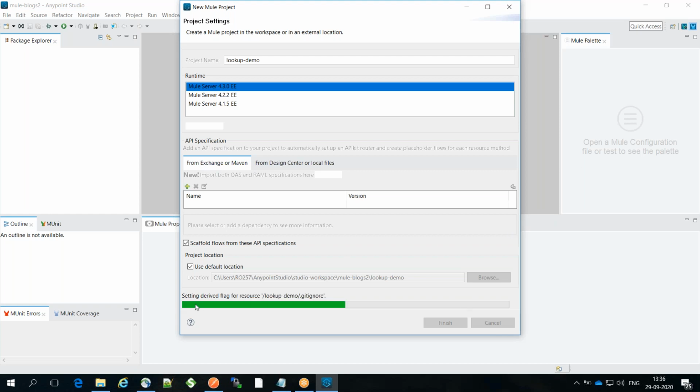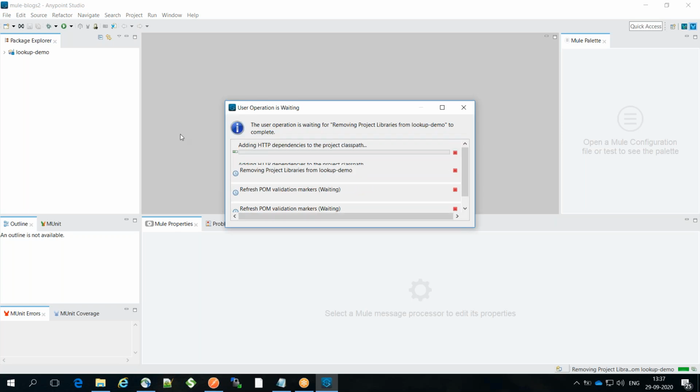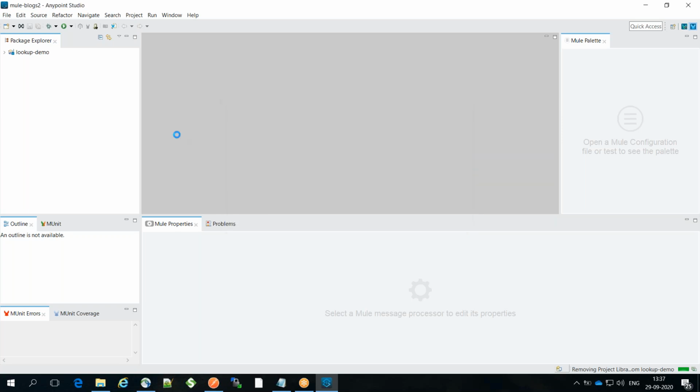If you see, it is setting all the required things in the backend. In your workspace, which happens to be over here, you would see a Mule project gets created with the name lookup-demo, and within that Mule application, you will have different folders, like src/main/resources, src/main/mule, src/test/resources, and all that stuff.